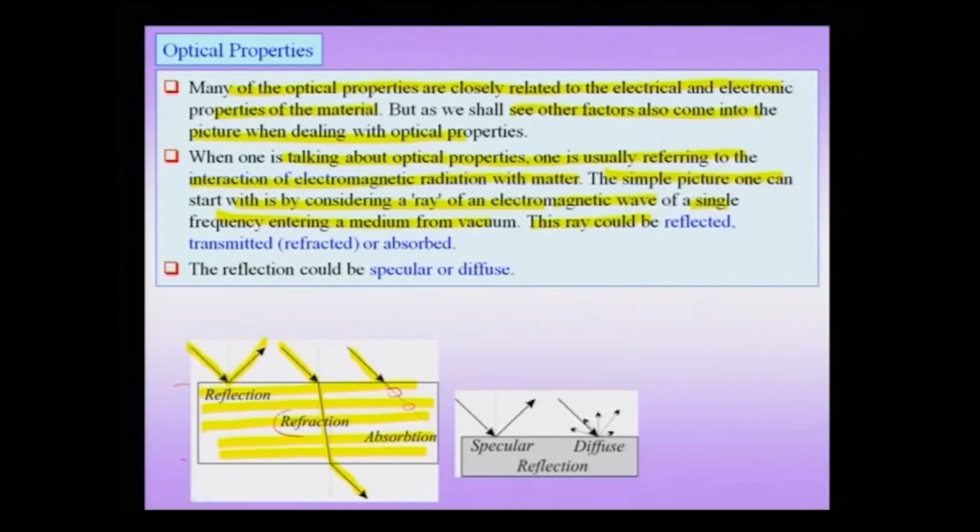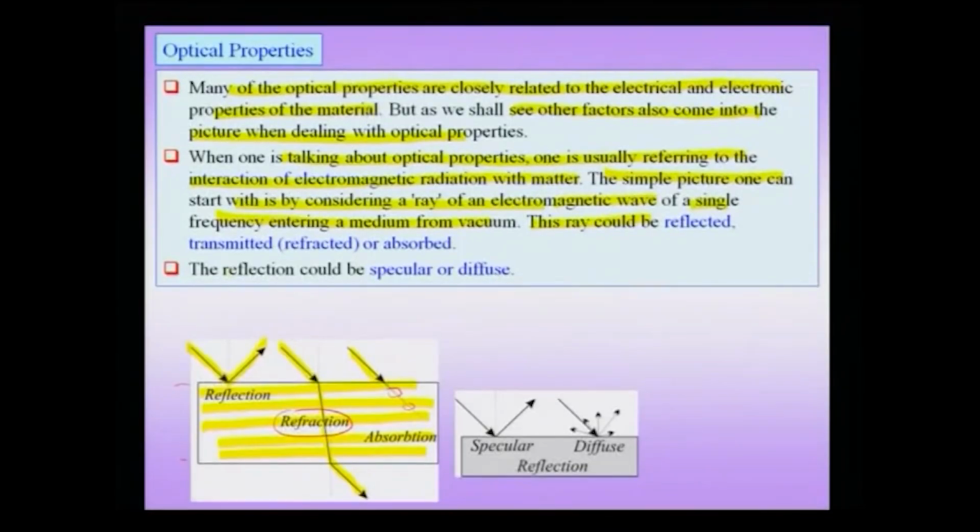And here we have seen in the case of refraction that we have drawn a certain configuration which we consider to be a material having a positive refractive index, and we will have a few more things to say later on how we can construct structures with negative refractive index as well. Now, this reflection itself could be specular or diffuse. If you take a polished mirror, then the reflection would follow something like Snell's law, but a rough surface like any wooden surface would typically have a diffuse kind of scattering, which means that you cannot see images where there is diffuse reflection and not specular reflection.